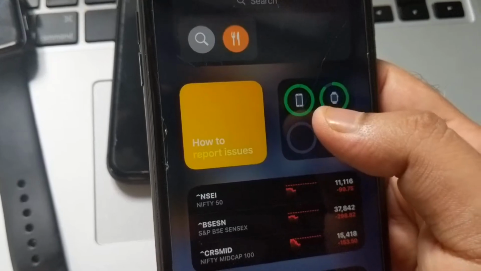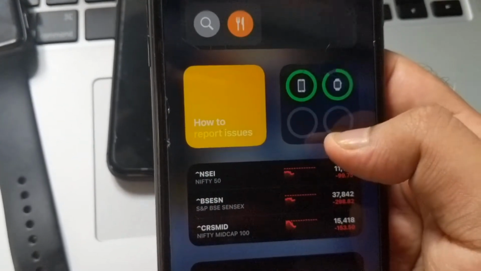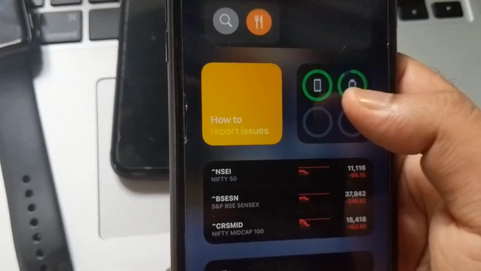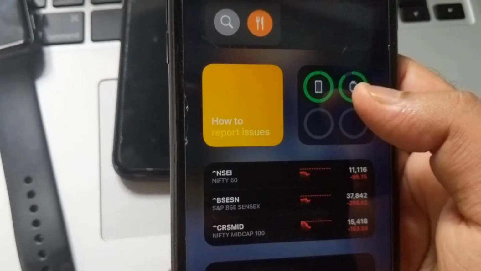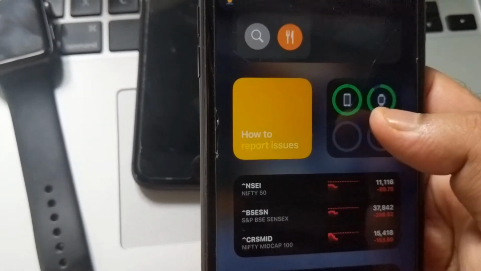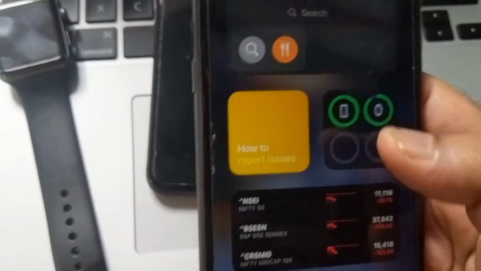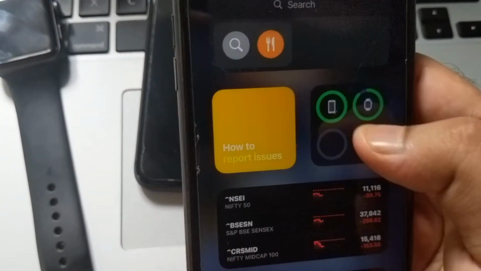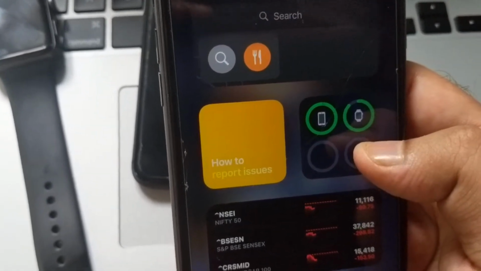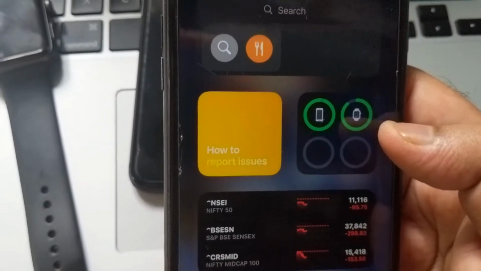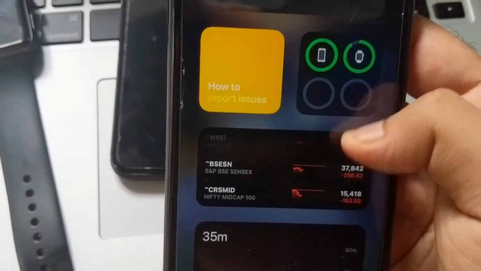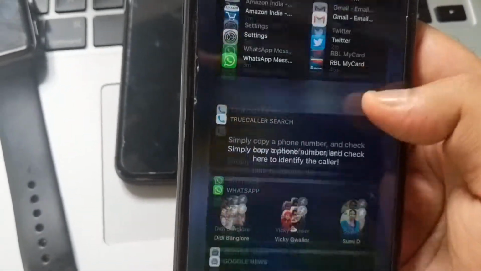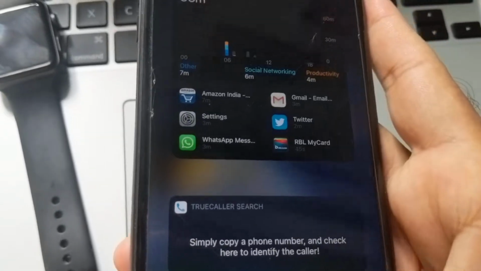For example, talk about this battery widget. Although it's showing 4 battery spaces, I can currently see only 2 of them being utilized, one by the Apple Watch and the second is obviously the iPhone. These two are empty. For empty spaces they can do something else. But yeah, this is how it is. We can't do anything else right now.